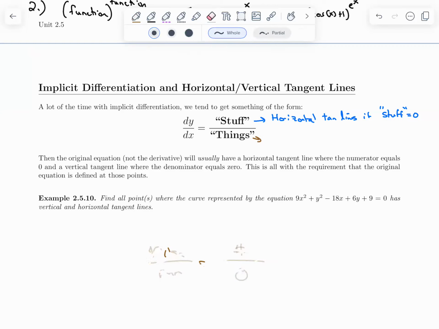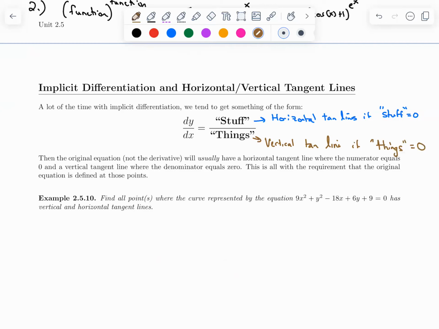So in the same fashion, when your things, your denominator, equals 0, you will have vertical tangent lines. So vertical tangent line if the things